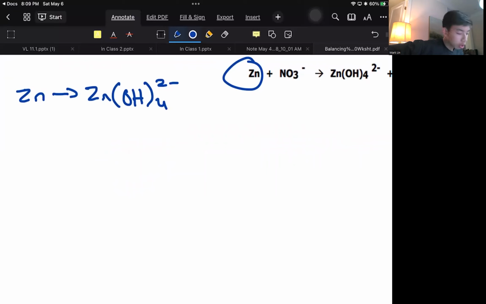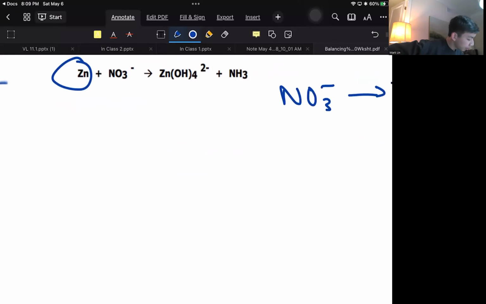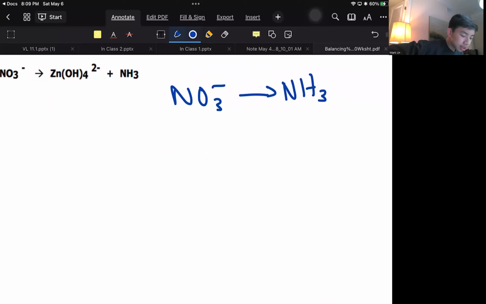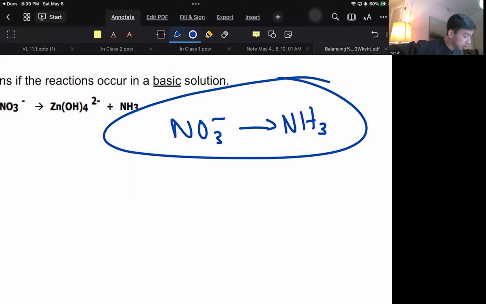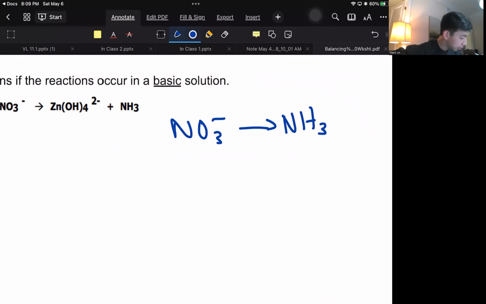So the first thing is first. Well, actually, let's do this one first because I can explain basic solutions from this one better. As you see, there are 3 oxygens on this side, 0 oxygens on the product side. So we need to add, like in acidic solutions,